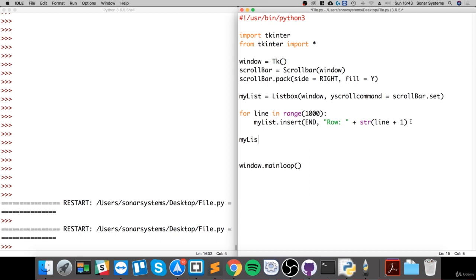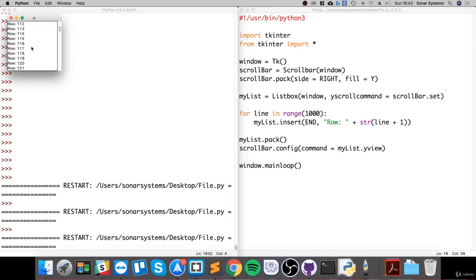Do my list dot pack. Now do scroll. Yeah, that's it. I'm missing a bracket there. Yes, now the enter works fine. That would have been caught during the compilation stage anyway if I had forgotten it. Now we've got to configure our scroll bar, so do a command equals my list dot y view, so just when we're scrolling it, in case we scroll it ourselves. So obviously we could scroll it and that gets updated, and if we scroll it ourselves,